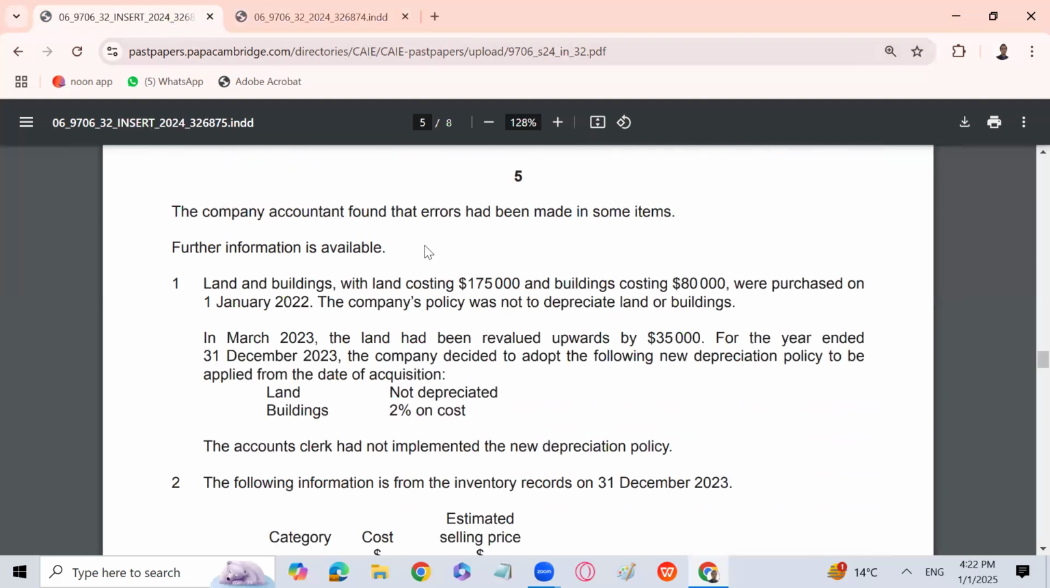I will move to the insert again. If we just look at the question, land and building, with land costing 175,000 and building costing 80,000, were purchased on 1st January 2022. Remember that we are solving the question for 2023. So here comes an accounting standard known as IAS 8. I will explain that with you first. You can write it down also along with me. IAS 8, which says it is